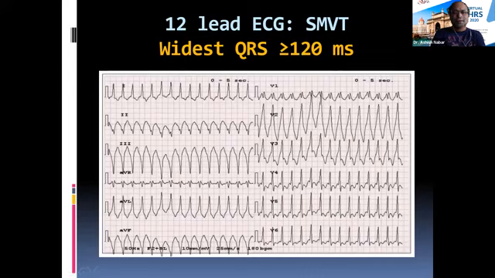But you should be careful to record the whole 12 lead ECG. So for example, if you look at this lead, you would have difficulty in calling it a wide QRS tachycardia. But the same tachycardia, when you look in the other leads, there's absolutely no discussion. So most important is to have a 12 lead ECG that will help you to confirm that it's a wide QRS tachycardia.